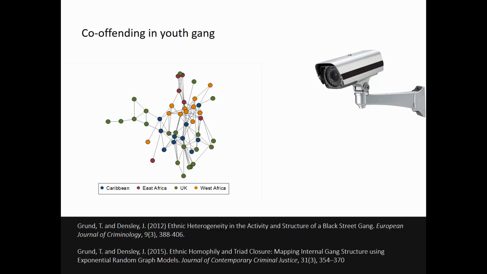Now you see, that's something that we would have overlooked very easily if we had not thought about the relational aspects here. So ethnicity does not matter for what kind of crime they do, but it matters for with whom they do it, which gives us a revised understanding of the role of ethnicity in gangs, how gangs work. Actually, that's sort of the title of the book that my co-author and friend James wrote, How Gangs Work. Very interesting book if you're interested in these kinds of things.